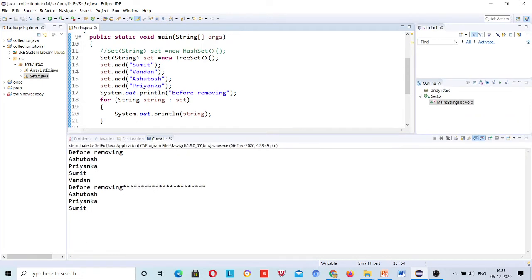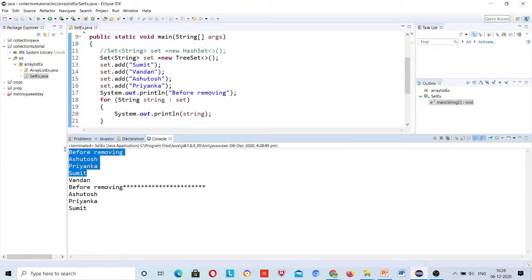See, before removing these 4 values were coming, after removing these 3 values are coming, because Vandan is removed, so Vandan is not here.